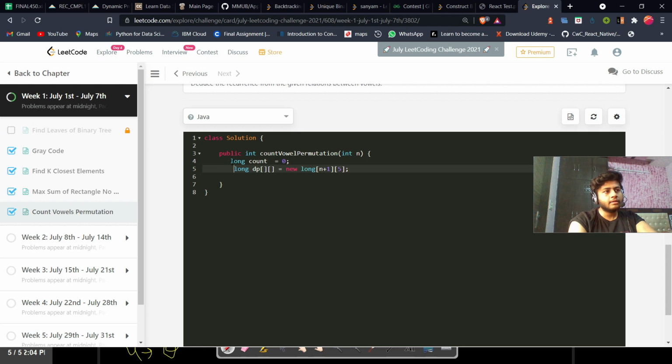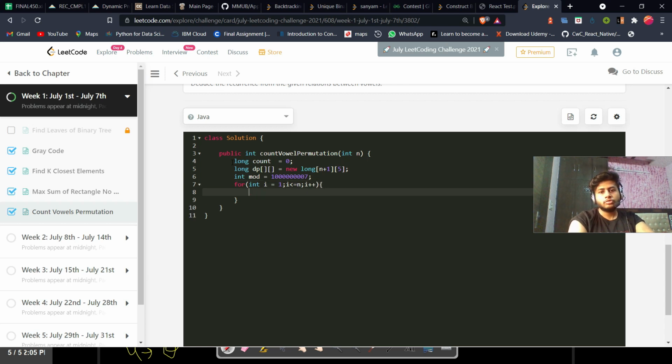And now what I have to do, I have to just take a mod value also, so that we do not have to write it again and again. 1 2 3 4 5 6 7 8, and that's 7. Okay, let's start iteration. We can start our iteration from here. Okay, we have to iterate for n from 0. Okay, so int i equals to, let's take it from the 1. Okay, i less than equal to n, i plus plus.